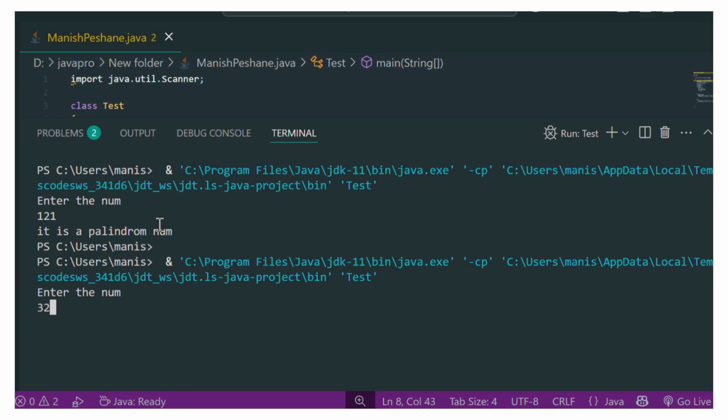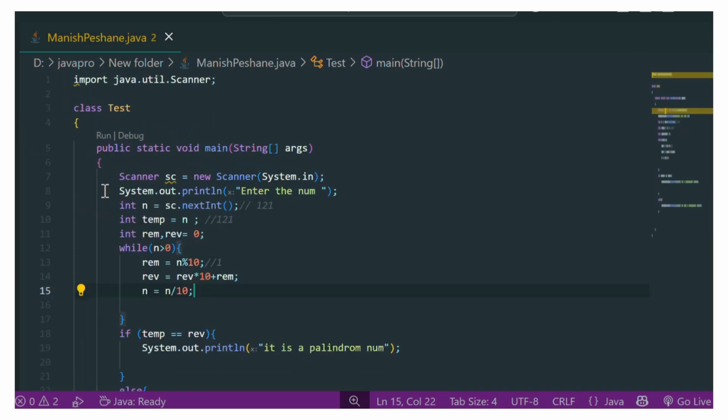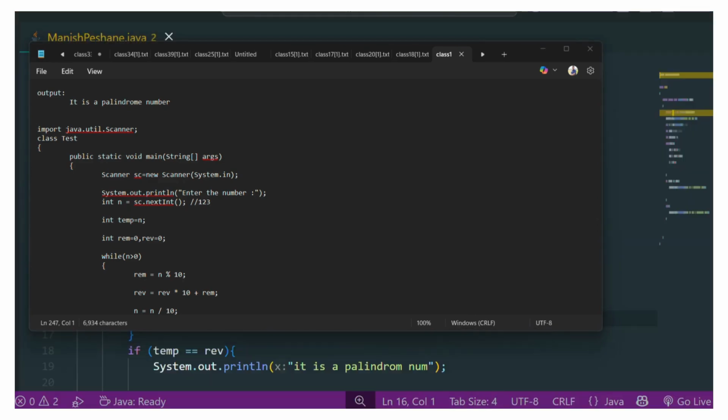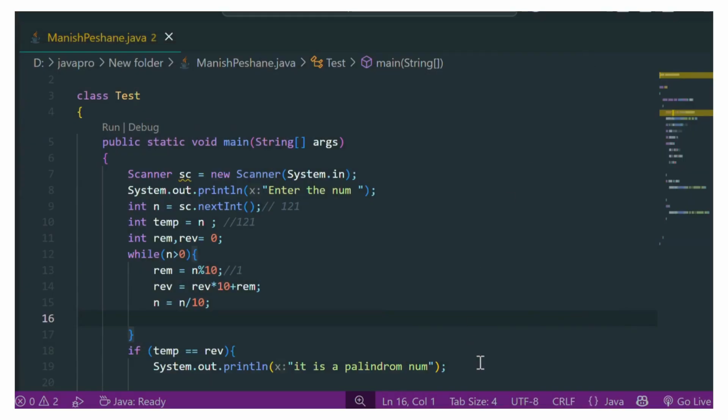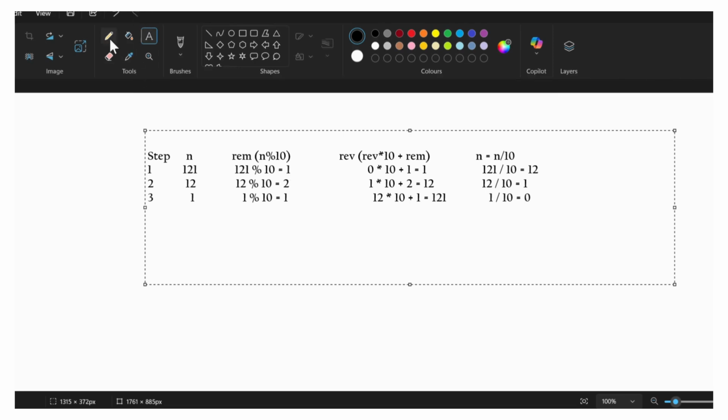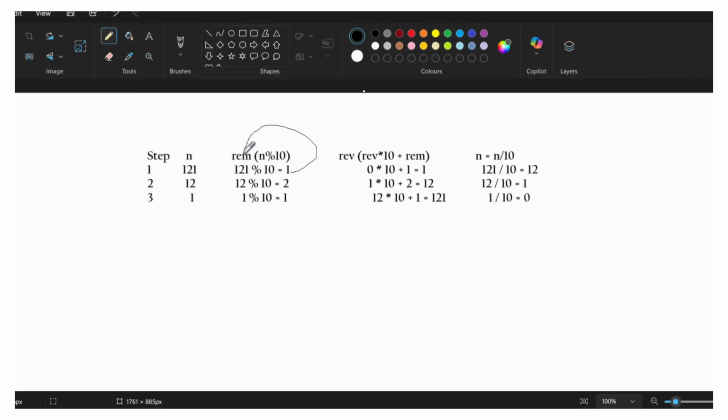I write 321. Okay, I will explain how it's working internally. Just like we declare n value is 121, 121 modulo 10, then the remainder is 1. Then 1 is stored into the remainder.